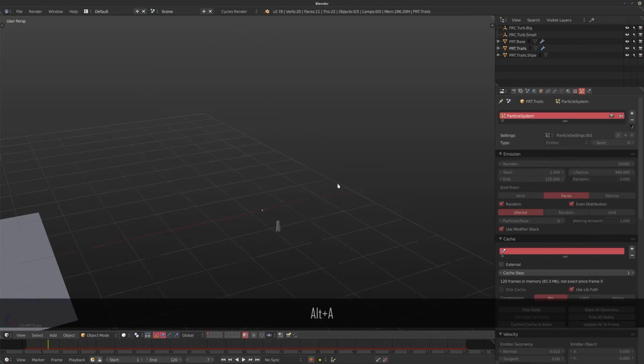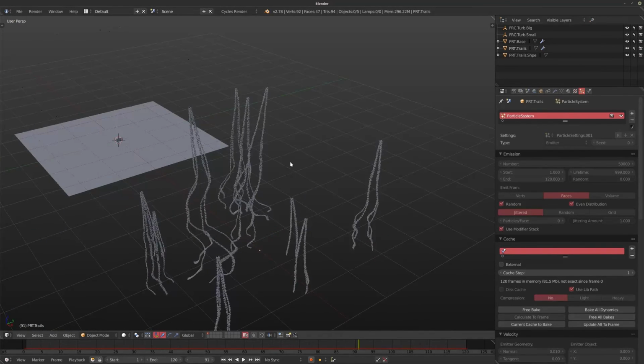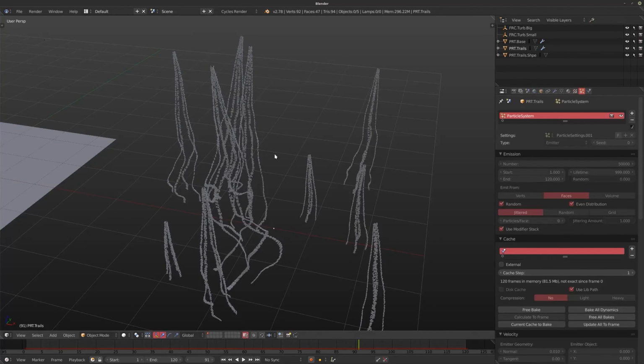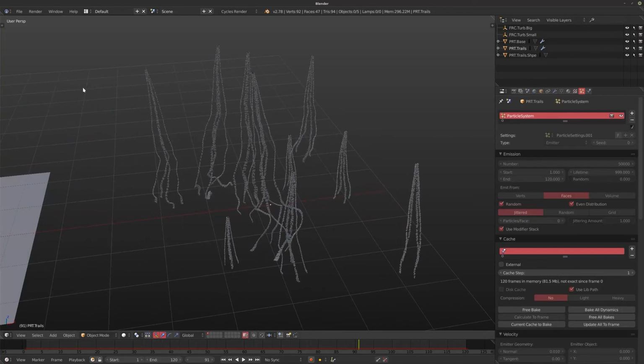So that's the basic technique behind the shot. And we'll open up the file in a second video and have a look at the final settings that I used and the slight differences between this one and the final one. So see you in the next video.